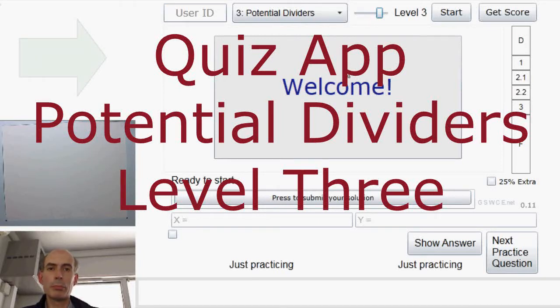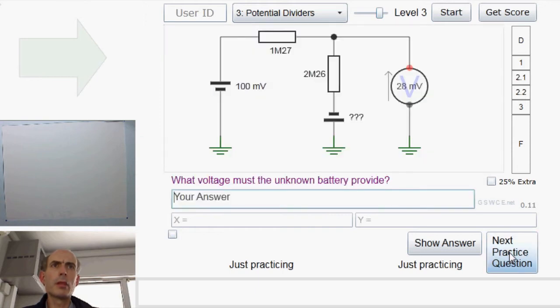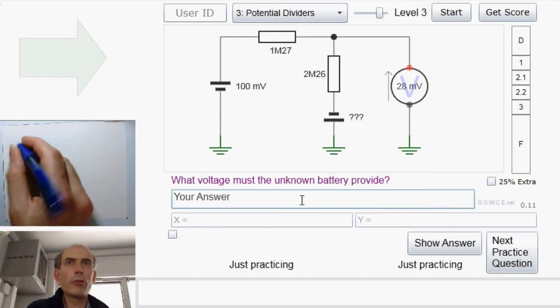Hello, this time potential divider quiz level 3. They get a bit harder here. Right, what voltage must this unknown battery provide? Okay, we've got a 100 millivolt